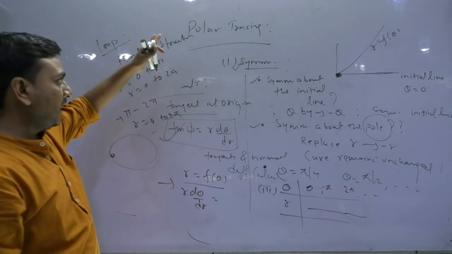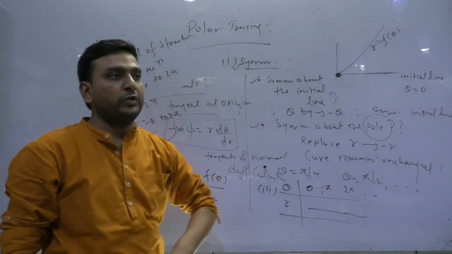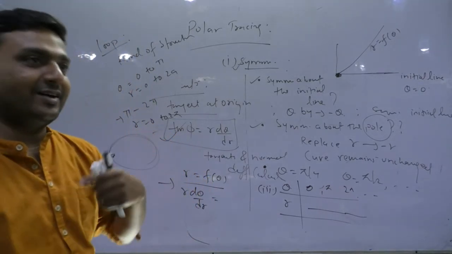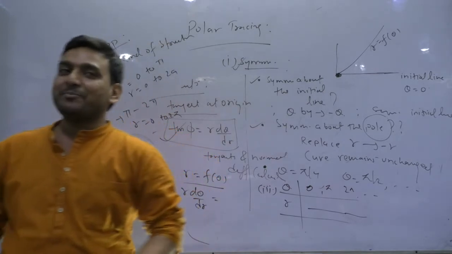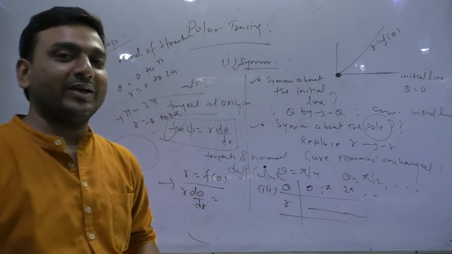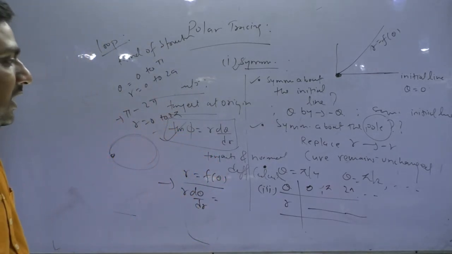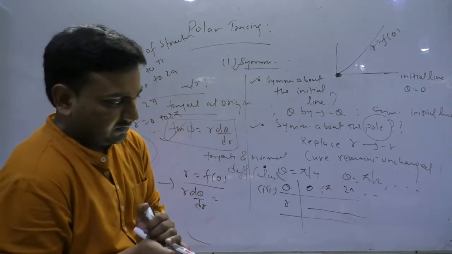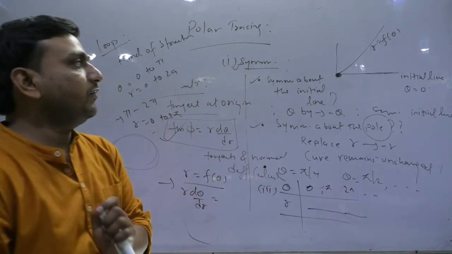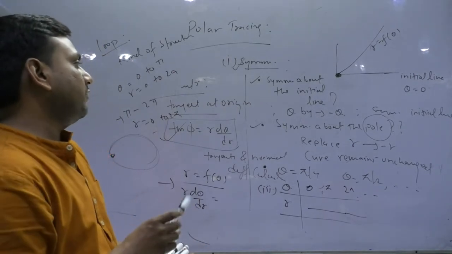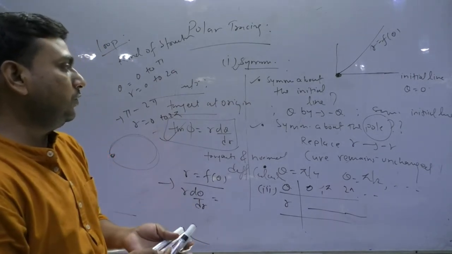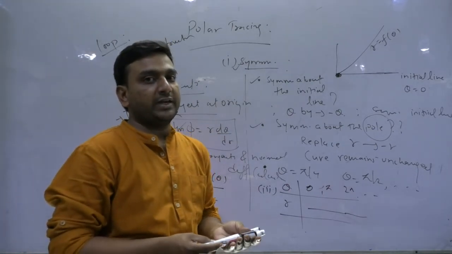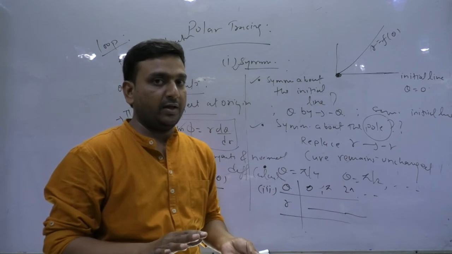So for polar form, this is the hint for you. With this much information, you can trace a curve in the polar form. This is all about the same pattern we follow for parametric also. So this is enough content for curve tracing. If you have this much content, you are able to sketch any curve in the 2D or 3D plane. Fair?